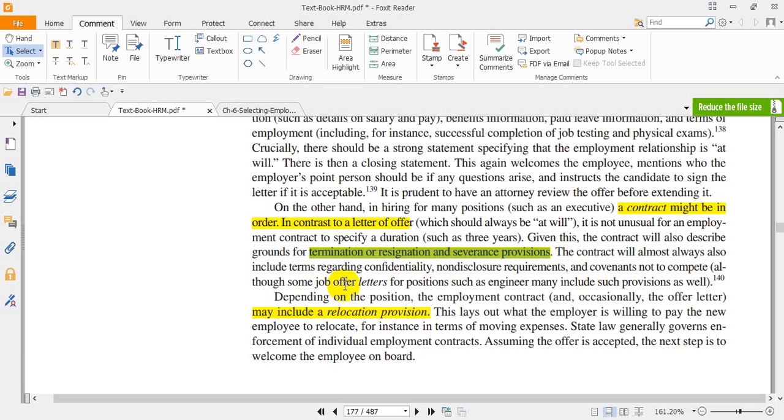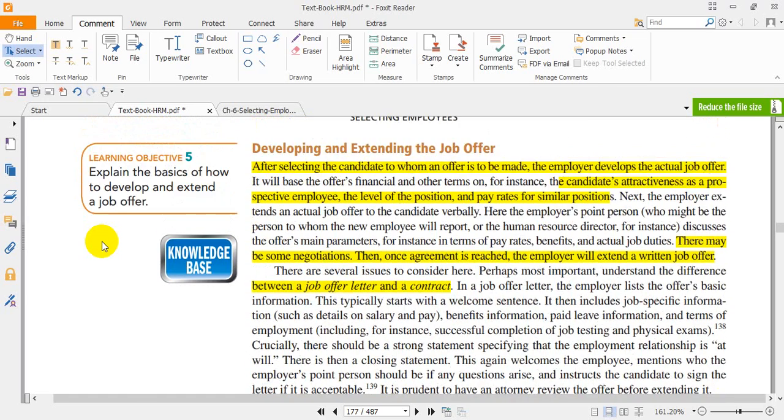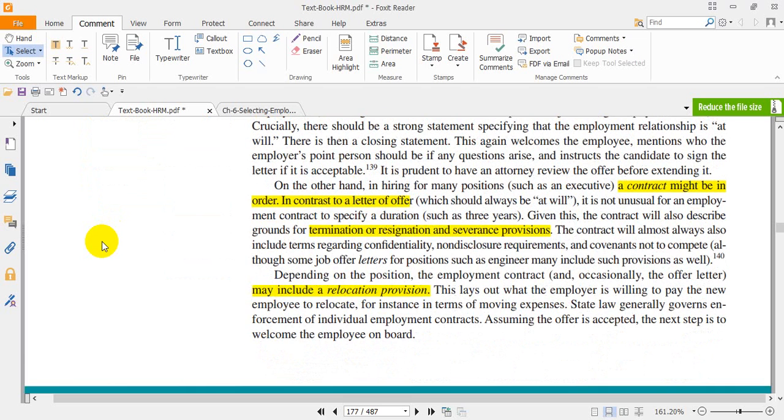Although some job offer letters for positions such as engineer may include such provisions as well. Okay, there is a difference between the offer letter and the contract. Depending on the position, the employment contract and offer letter